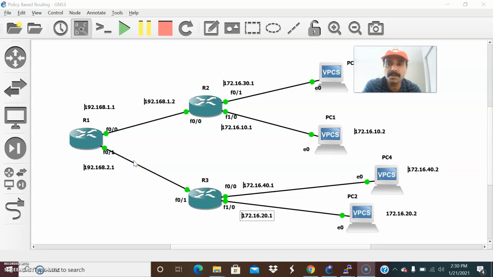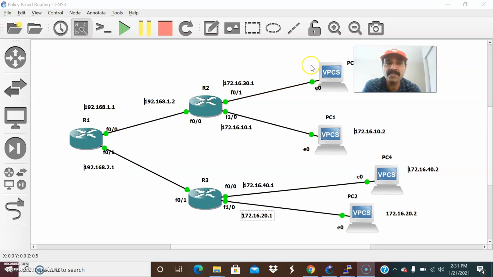And today I'm going to show how to configure policy-based routing. Policy-based routing is used to control the flow of data, and you can route the data based on the policy. There are two forwardings: one is policy-based forwarding and another is the actual forwarding. What data I want to forward based on the policy, I can set here. Which traffic I want to take which path, I can define the policy accordingly.